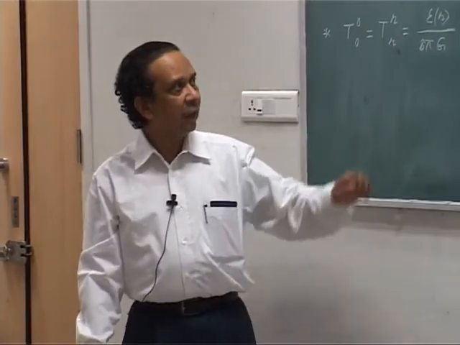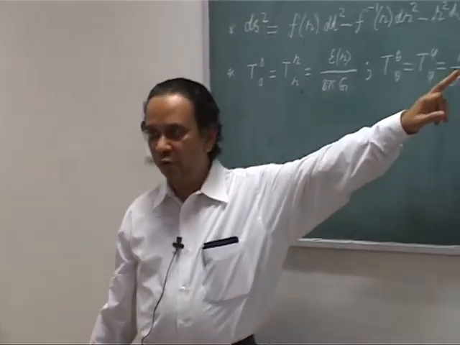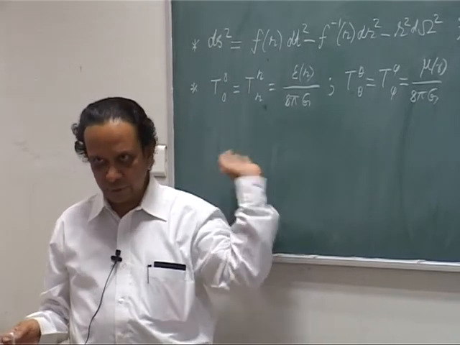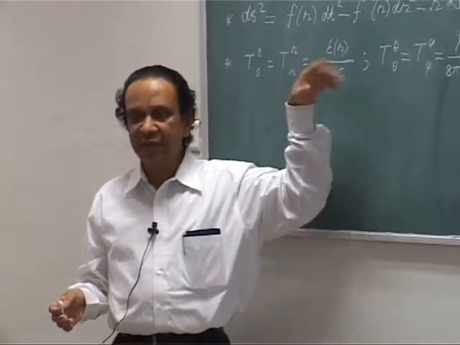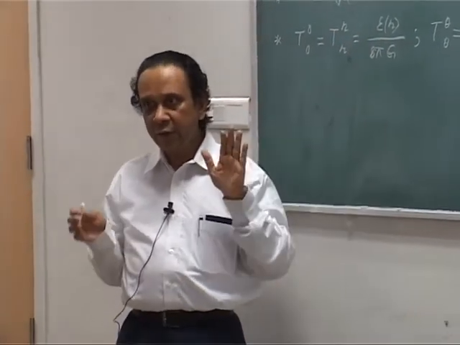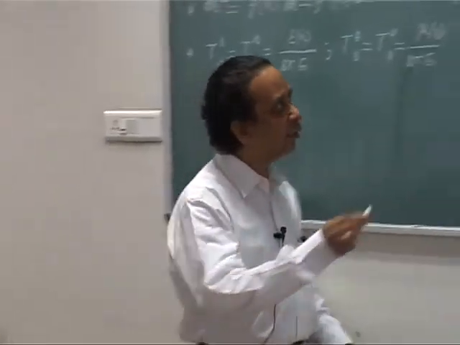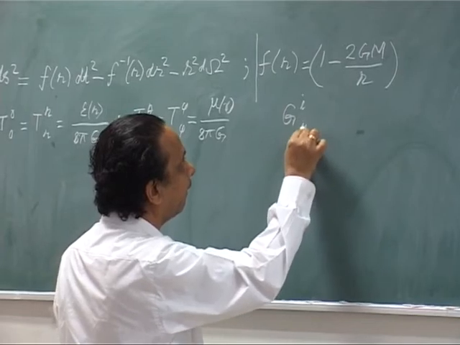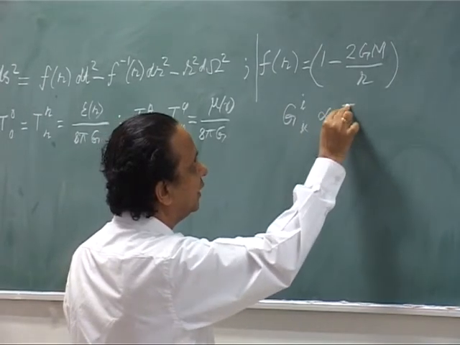Okay. So, there are two functions epsilon of r and mu of r which characterize this source, and if you plug this in with a couple of equations which I will write down, you can satisfy everything. What you need to understand is that in Einstein's equations written in the form some G_ik is proportional to T_ik,